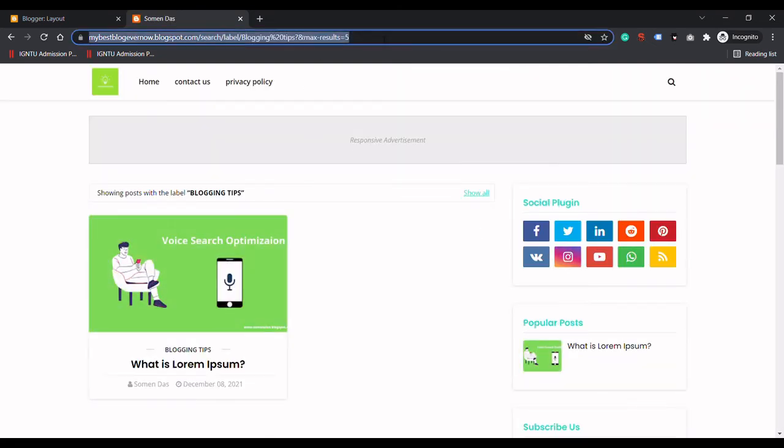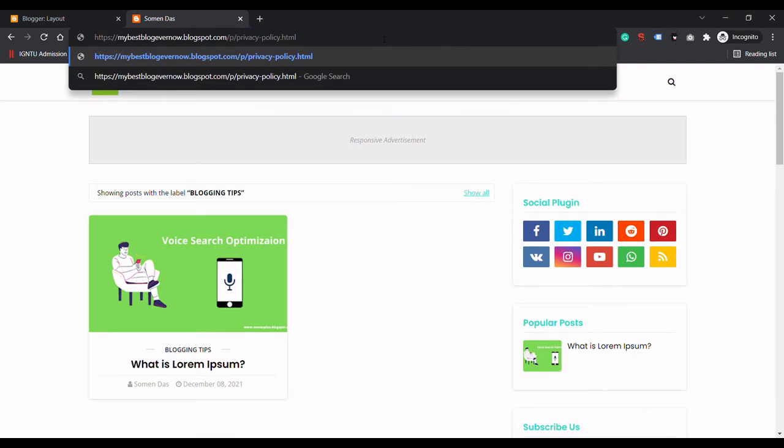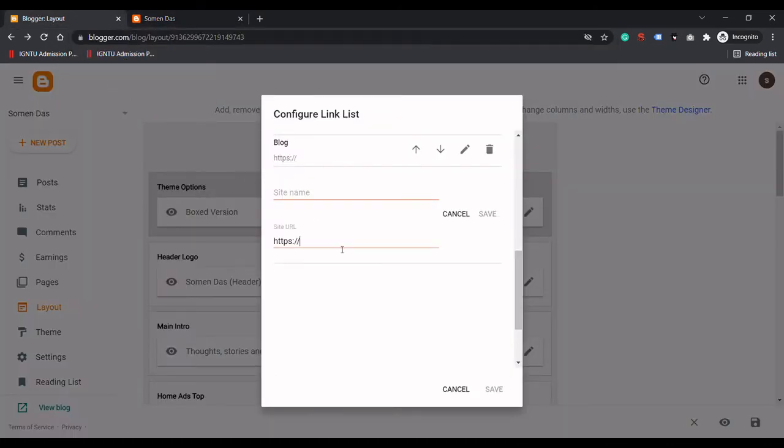I will take the URL, and I will give the name blogging tips. I will click on save,